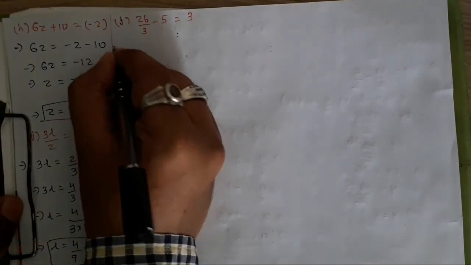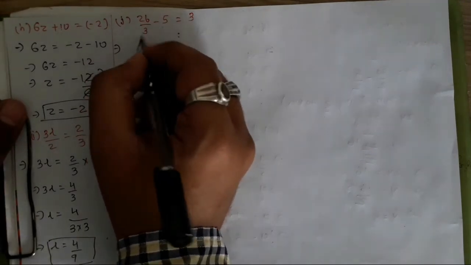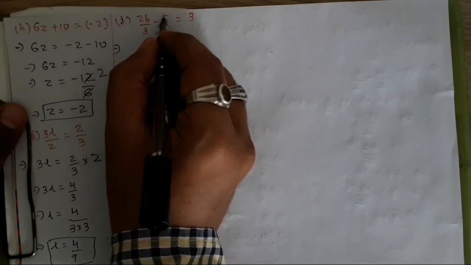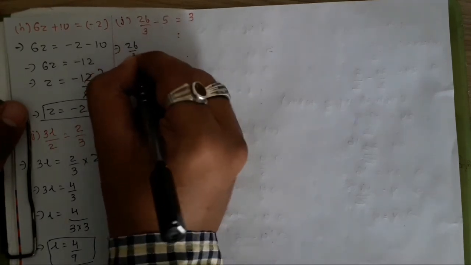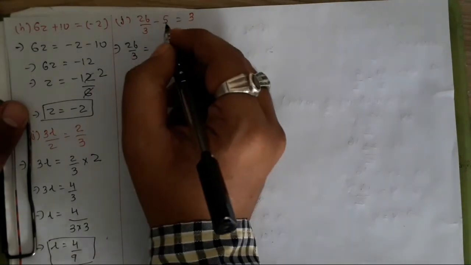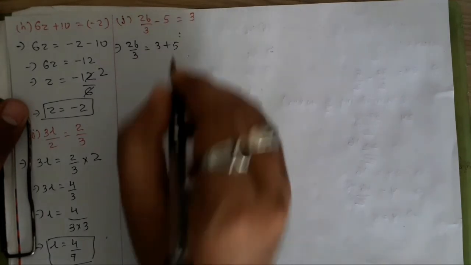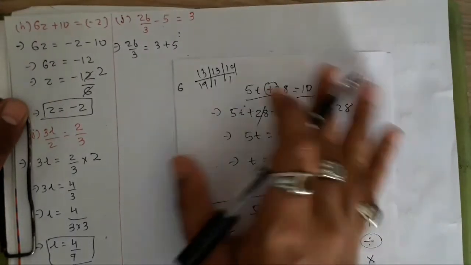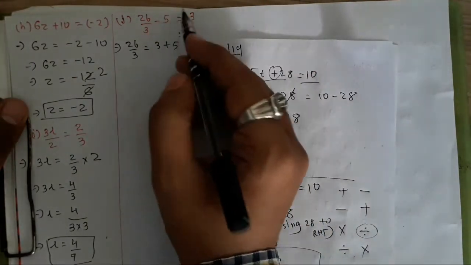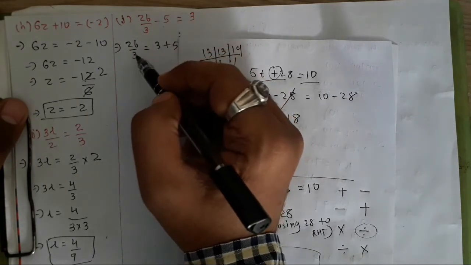Now here the variable b is given, I have to find the value of that one. First of all, to find the value for that, I have to remove this minus 5, then 3 and 2. So first of all, 2b divided by 3 is equal to, minus 5 is here. If I take this to the other side, then it will become positive. Please keep this in your mind if this type of question is ever given. First of all, you have to do operations regarding subtraction and addition. This type of operation you have to solve first, then you may take the operations regarding multiplication and division.